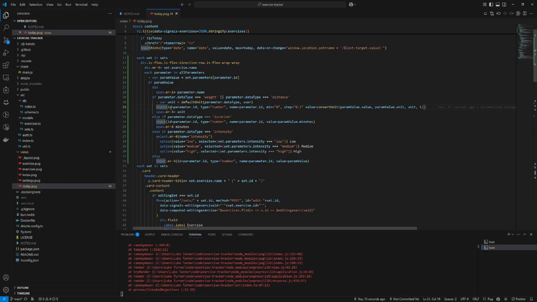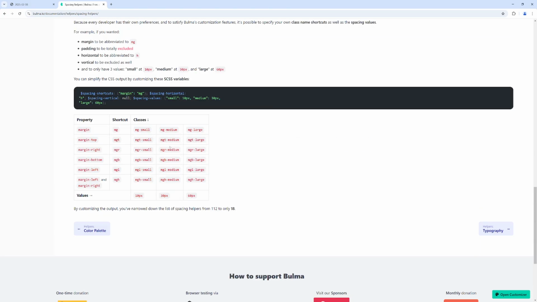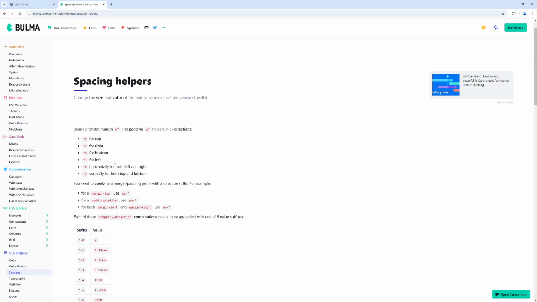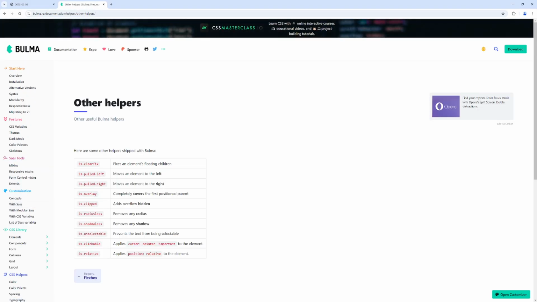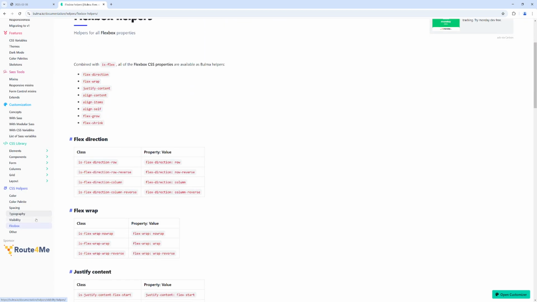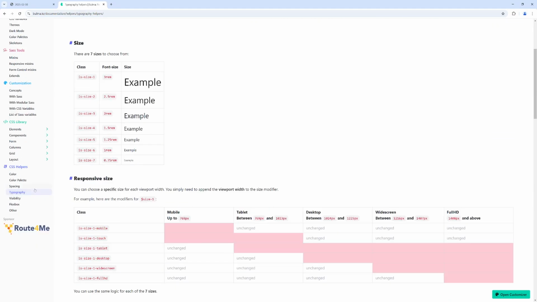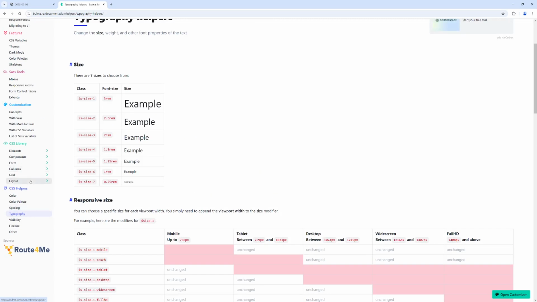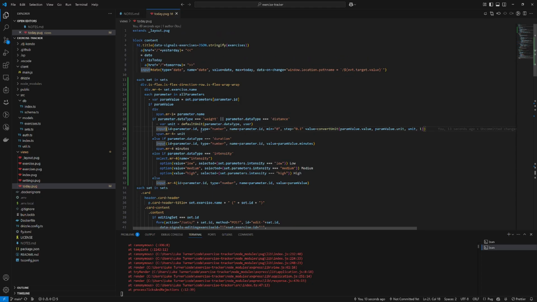And of course, all of these inputs, they're pretty wide. I don't know if there's a width thing in Bulma or not. Yeah, not really sure. Either way, what we're actually probably going to want to start doing is incorporating some of our own CSS,